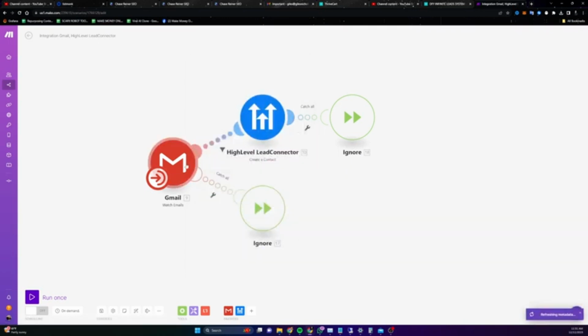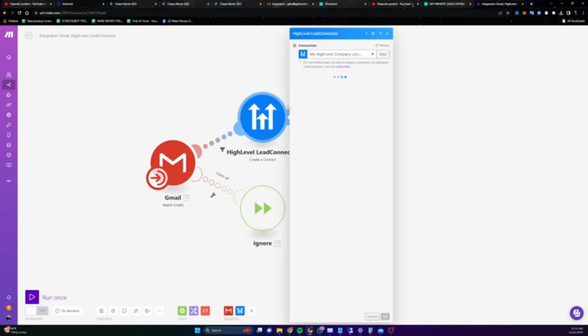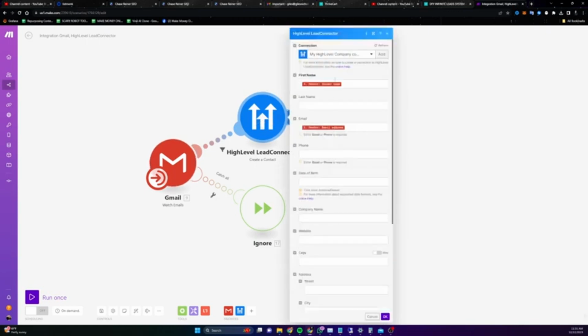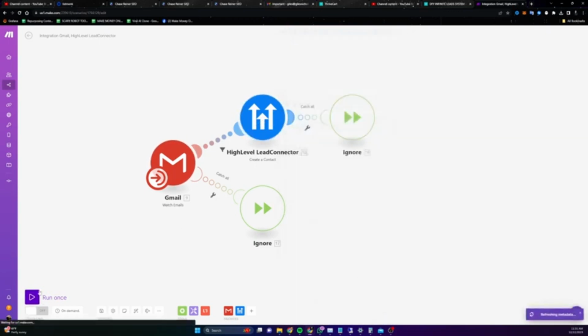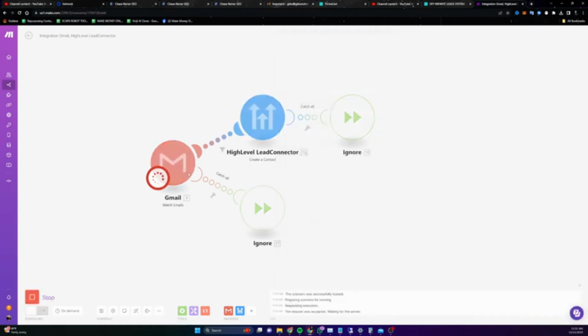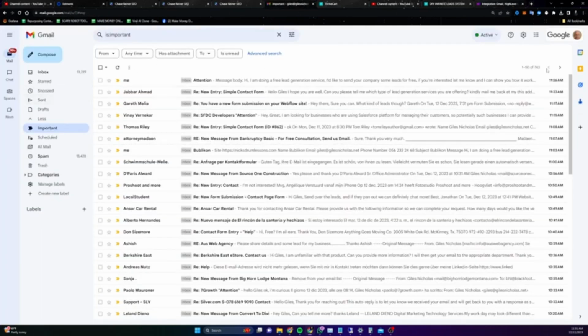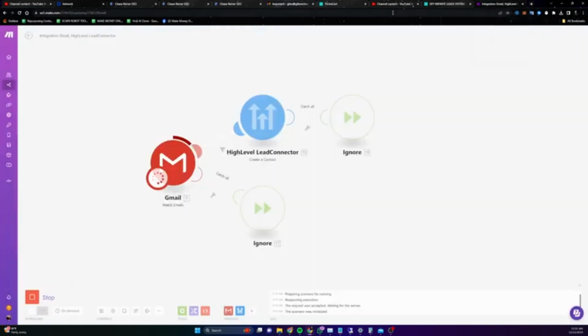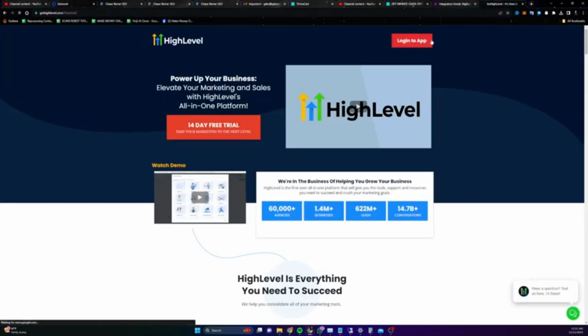Now, when I connect this to High Level, I can assign a contact inside of High Level, right? So watch this. If I run this here, it's going to take 50 leads out of my Gmail inbox, like I just showed you in here. Right now we can see we have 743. It's going to take 50 of those, mark them all as read, and pass those 50 leads into High Level as a new lead. So if I go into Go High Level and I log in,